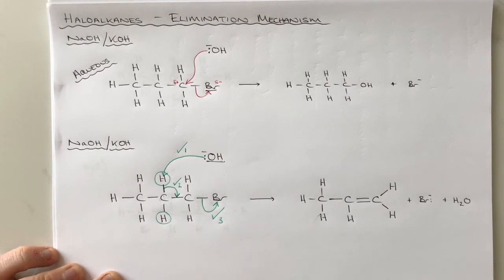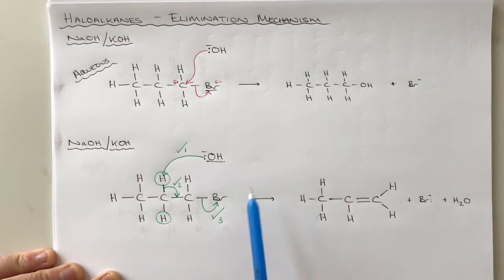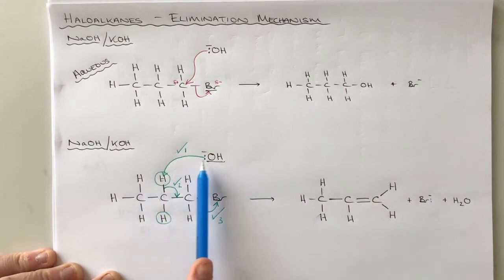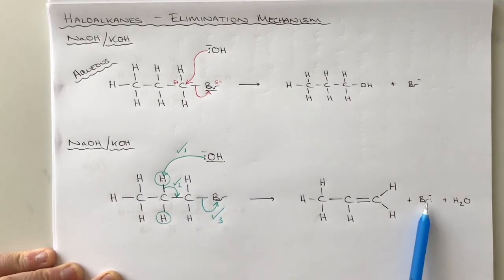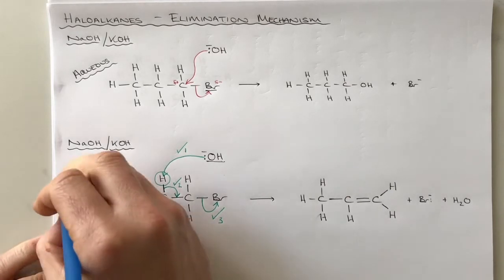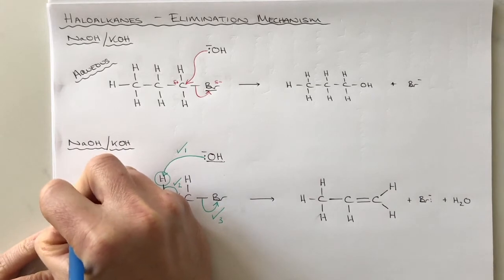So the reason why this is called an elimination mechanism is because we have eliminated, we have removed things from this molecule. We've removed this hydrogen because it's attached onto here now. We've removed this bromine and it ends up floating around on its own as a bromide. Okay? Now, essential point. This reaction has to be carried out